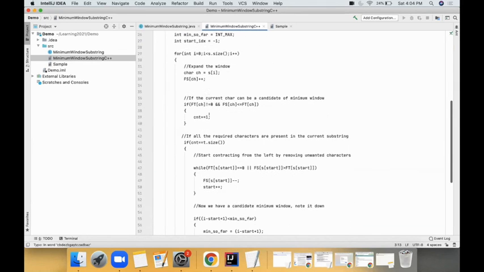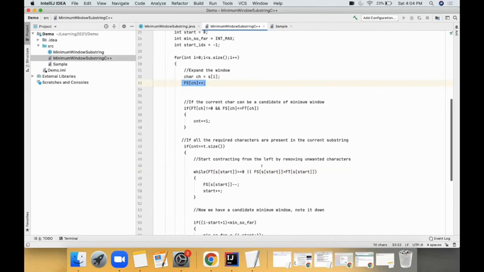So there are 2 cases to that. One is if the character is not at all present in string 2, then I can simply remove that. And the second case is my count, which I'm incrementing every time I found something. If my count is greater than whatever is required in string 2, then I can exclude those extra characters from my string and shorten my window, right? This approach I have to follow.